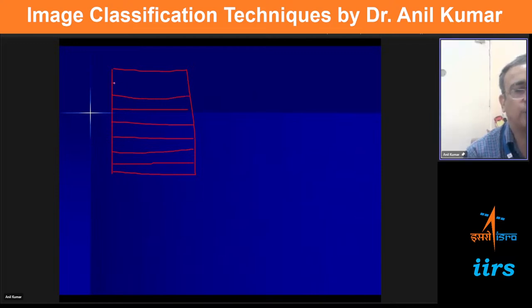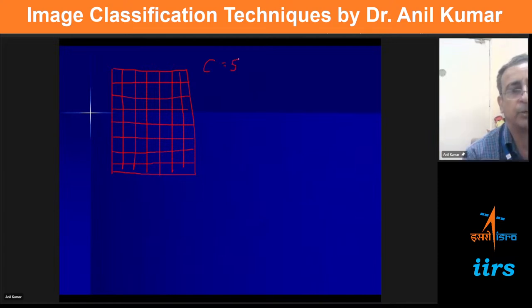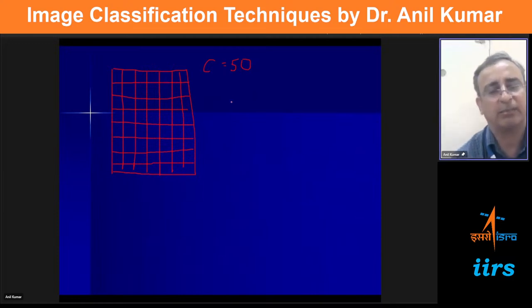So application of unsupervised means you can run the unsupervised algorithm. Initially, since you have not gone to the ground, you do not know how many classes are present or what type of classes are present. You can give my C as 50, so you divide the image into 50 clusters. And later on, using some reference information, or by going to the ground, you try to merge some of the clusters